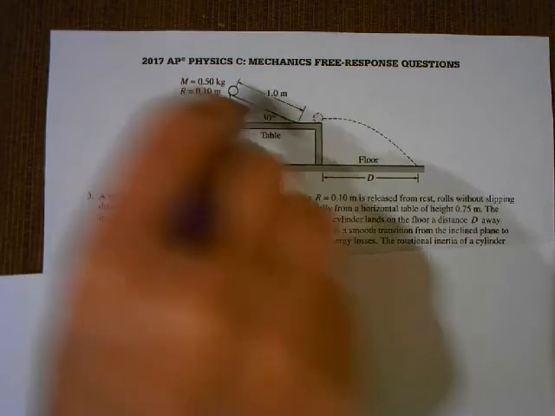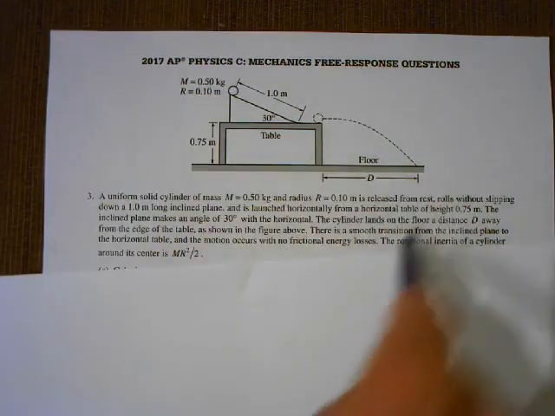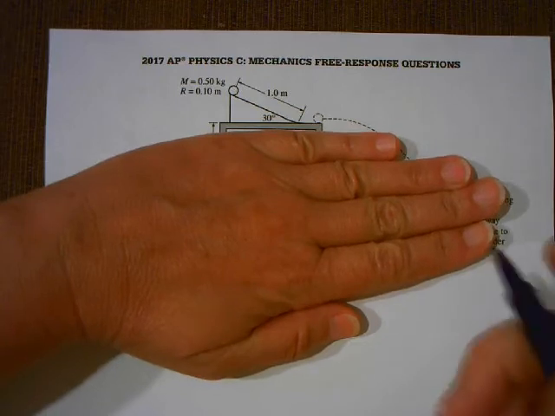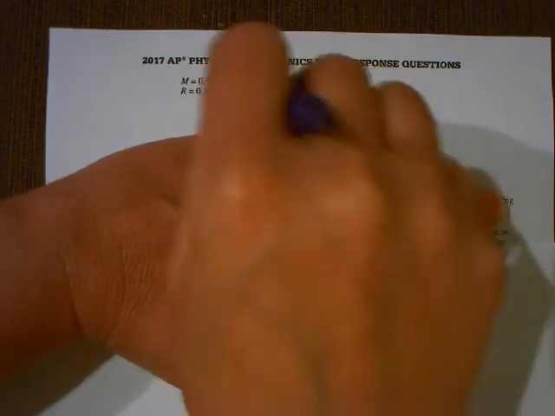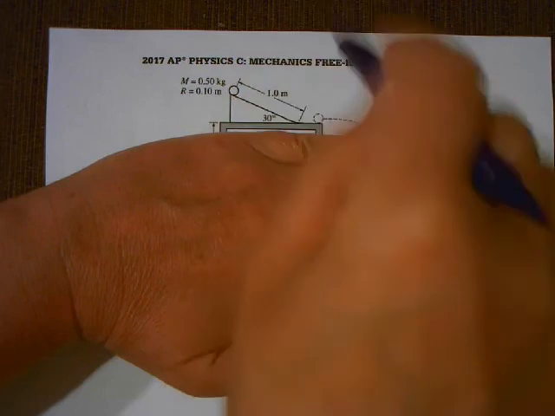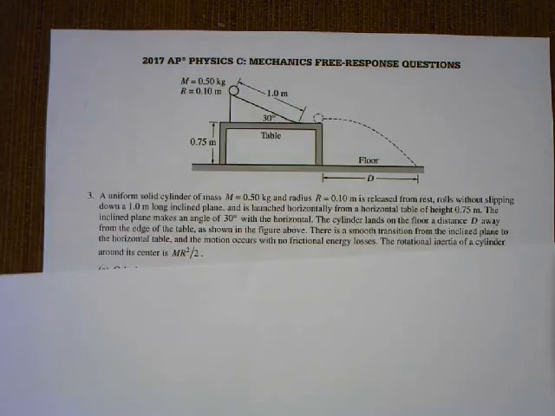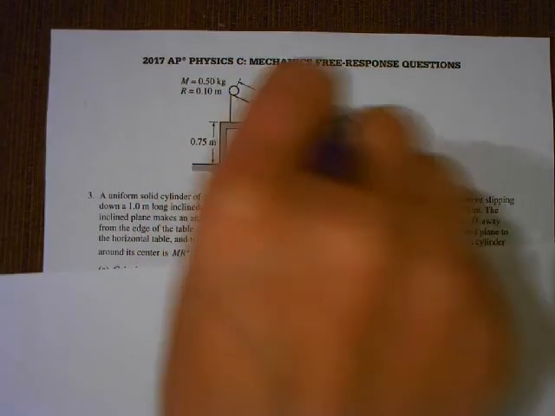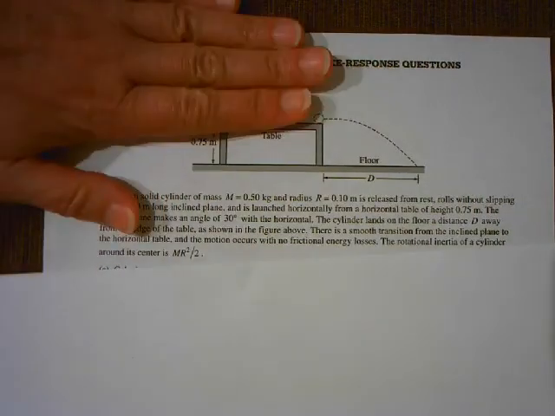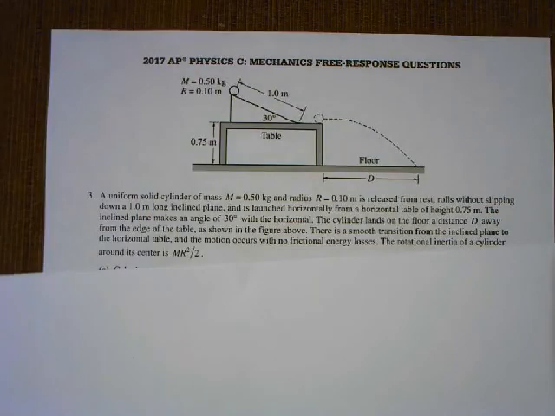Now this is going to roll down the table. I think this one rolls. So because it rolls, just go like this and cover this with your hand and say, you know what? We did a bunch of problems where I had whatever shape, whether it's a sphere, a cylinder, or a hoop, rolling down an incline. And when it's rolling down the incline, not only does it have translational kinetic energy, it also has rotational kinetic energy. So again, you can do conservation of energy between here and here, and then once you find the velocity here, you just cover it with your hand, and this is the projectile being launched horizontally. This is a very classic